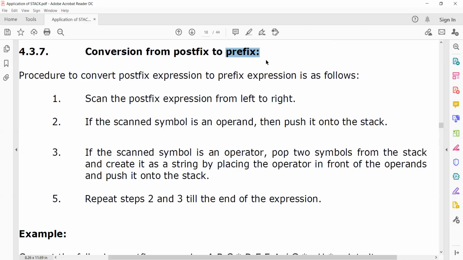So first comes the operator, then come the 2 operands which you have popped out from the stack. Once you make it as a string, you push this string back into the stack. Don't worry, it may be vague for some of you; once we go into the example, it will be easy.